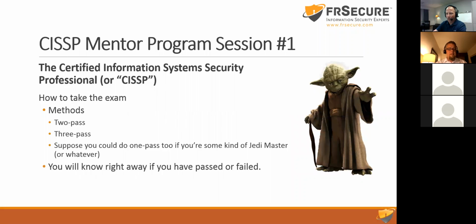Methods for taking the exam: 2-pass, 3-pass method. So 2-pass is you go through it once, mark the ones that you weren't sure about, go back and check the ones that you marked, and you're done. 3-pass, I think, is a little more